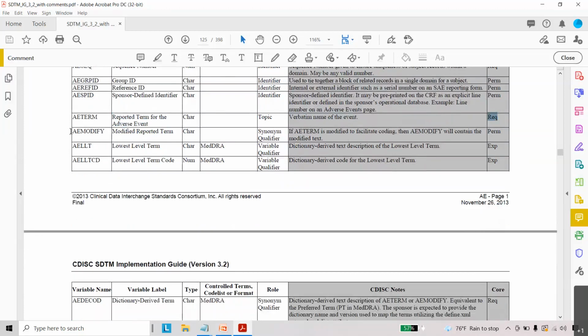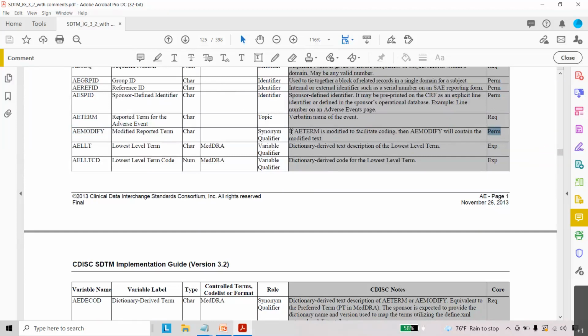Next one is AE modified. It is a slightly modified verbatim name, and this is a permissible variable. Since AE term is required, AE modified is not necessary to be present, but if the study demands it, we can capture this variable.